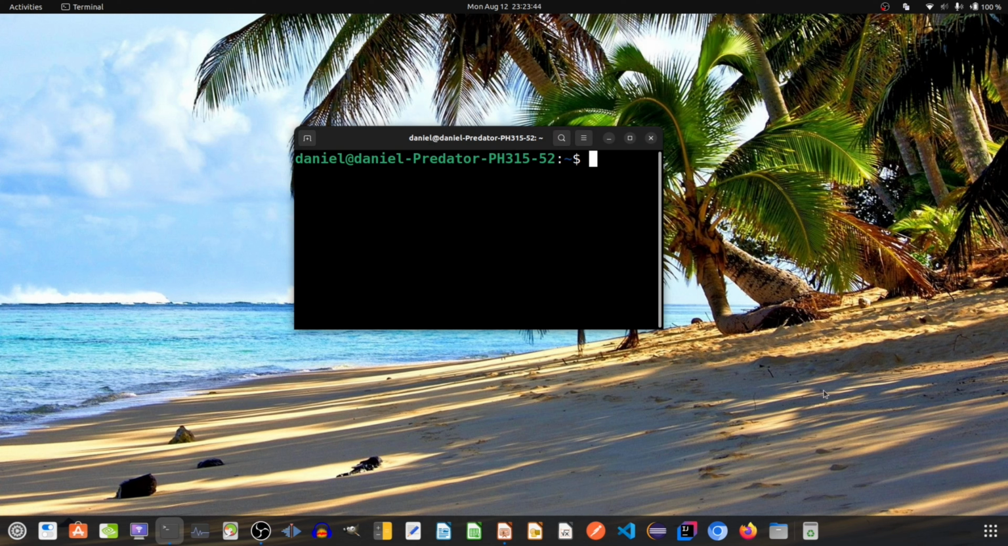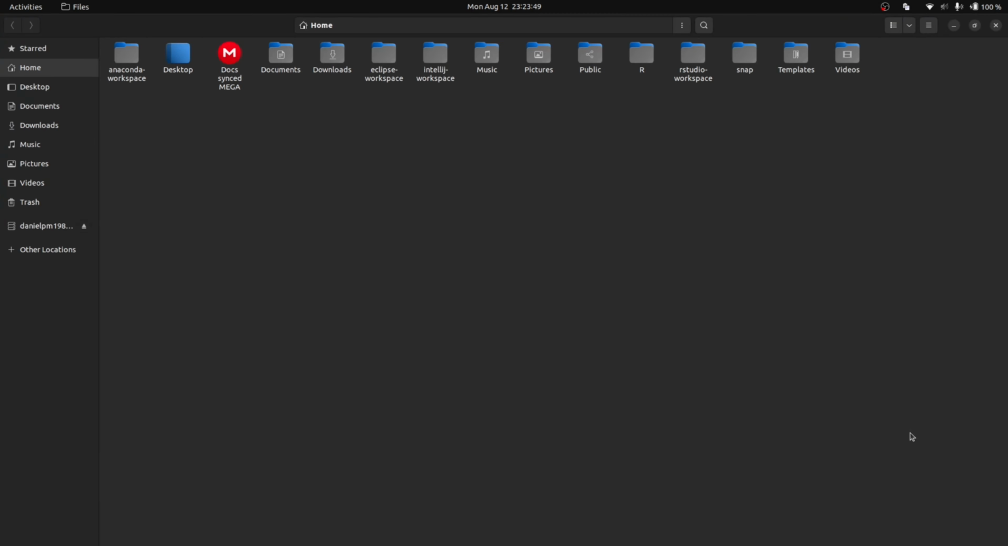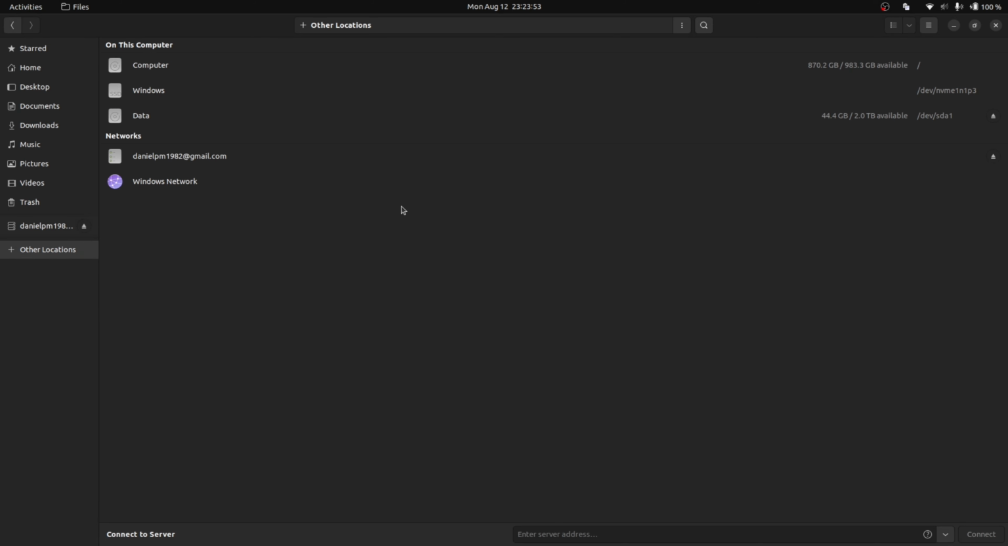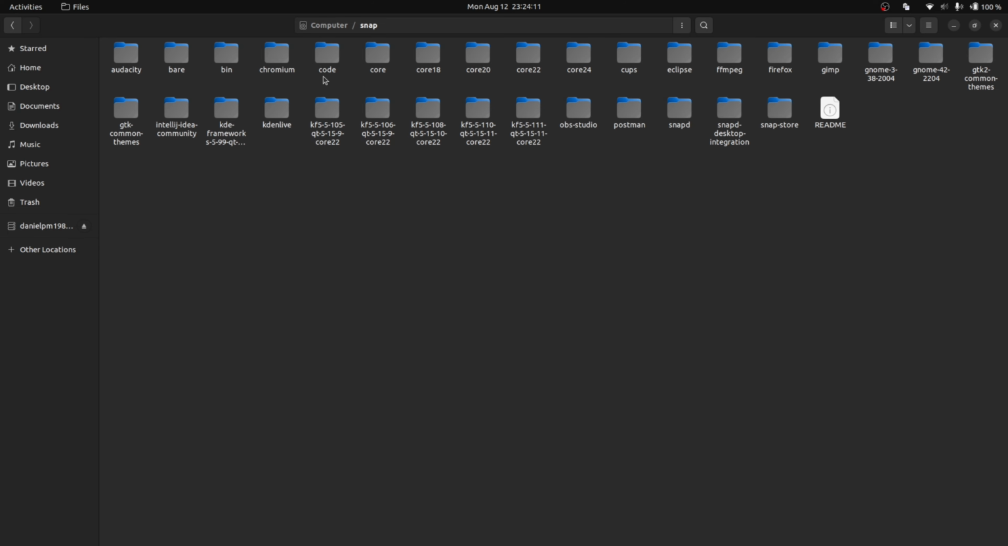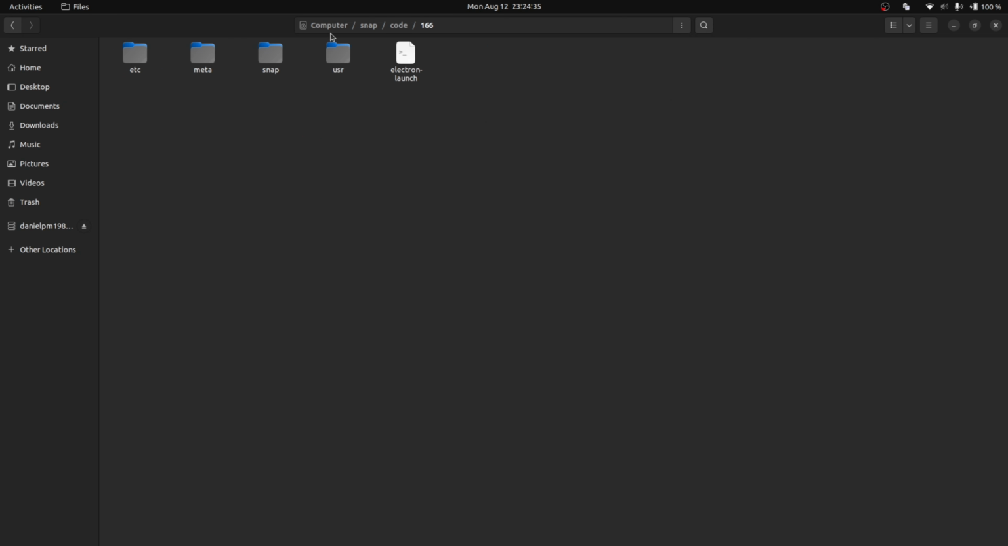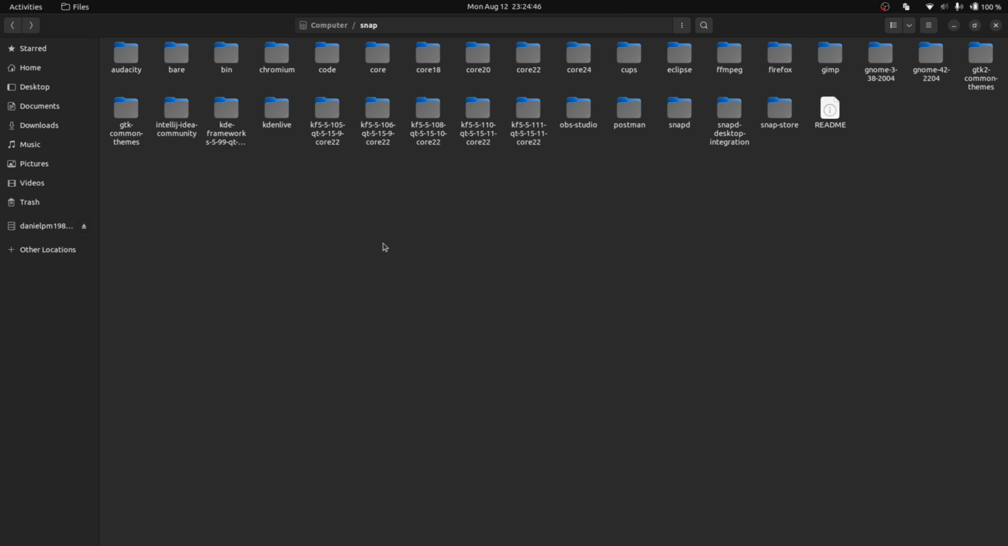But before we open Visual Studio Code and test it, let me show you where the Snap Application Installation Manager actually installs any application when using Snap. So if you go here to the root folder, you see there's a snap folder here. If you open it, you see all the folders for every Snap application installed on my machine. And you see here that we have a code folder, so root/snap/code, and at this